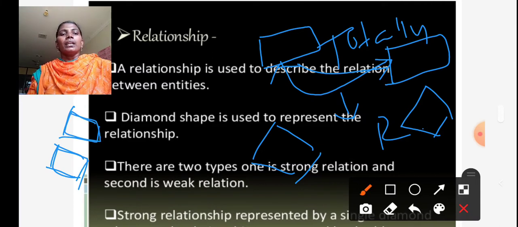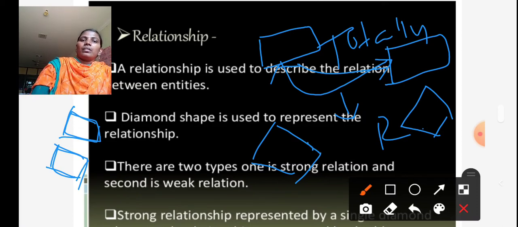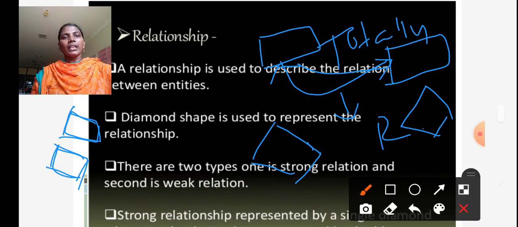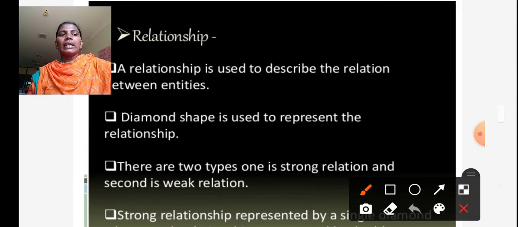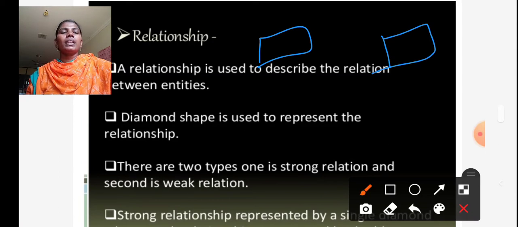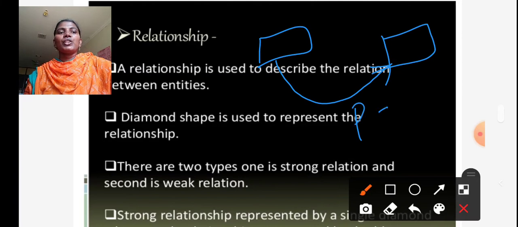Whereas a weak relationship is a partial association, a partial existence of association in between two entities. This is one entity and this is another entity, and the association between these two entities is partial.